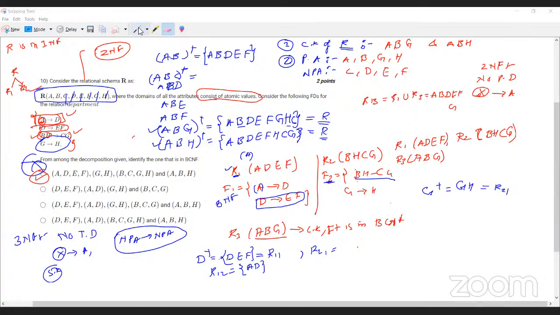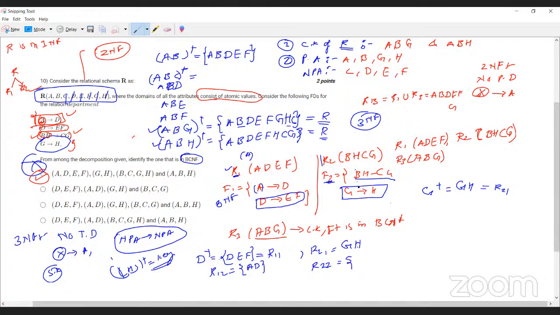Now we need to decompose this relation into BCNF, right? I already decomposed relation R1 into R12 and R11, that is DEF and AD. This relation R2 is in 3NF, but not in BCNF, so we need to decompose it, because this condition is not satisfying the BCNF condition. For BCNF, the left-hand side must be a key. Let us decompose this R2 by simply taking the closure of the left-hand side, that is G, and I will get GH. So it will be GH, and R22 will be